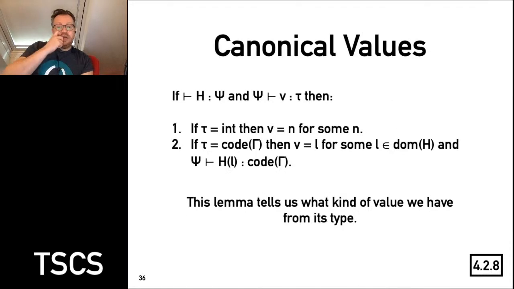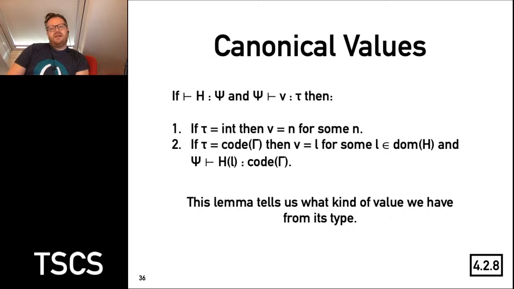Good. We need a canonical values lemma again. So if we have a well-typed heap, and in this heap typing we have a value that is typed as tau, then either tau is an integer for when the value is a number for some number, or we have a code typing in the heap because we can either have values or numbers on the heap. And if the value is a label, then of course the type of the label is a code typing, code gamma,